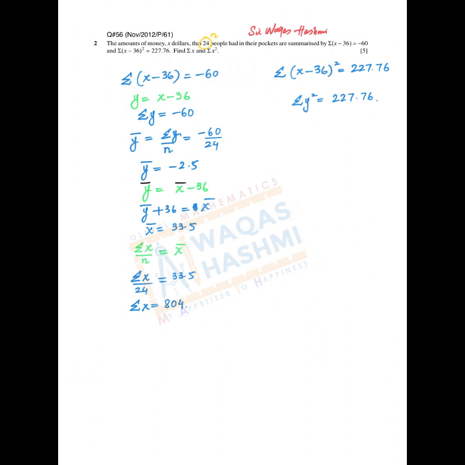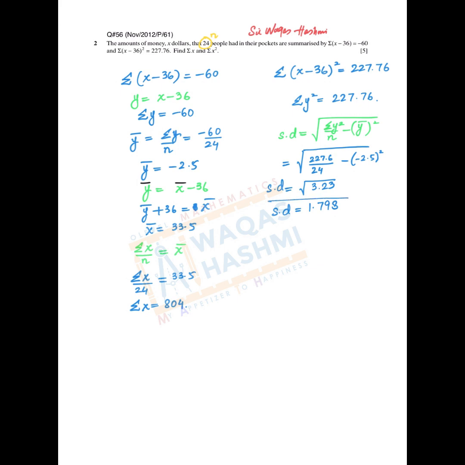For y square, firstly I will start with the standard deviation. The working formula to find out the standard deviation is summation of y square divided by n minus y bar and square of it. Alright. So summation of y square is known, and that is 227.76 divided by n is 24 minus y bar is minus 2.5 whole square. Simplify, find out the root. After solving, you will get under root of 3.23. That is your standard deviation, and by applying root,